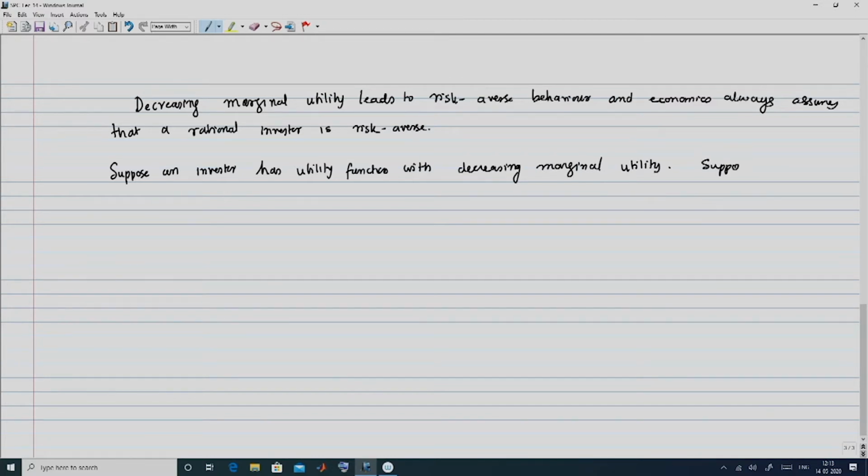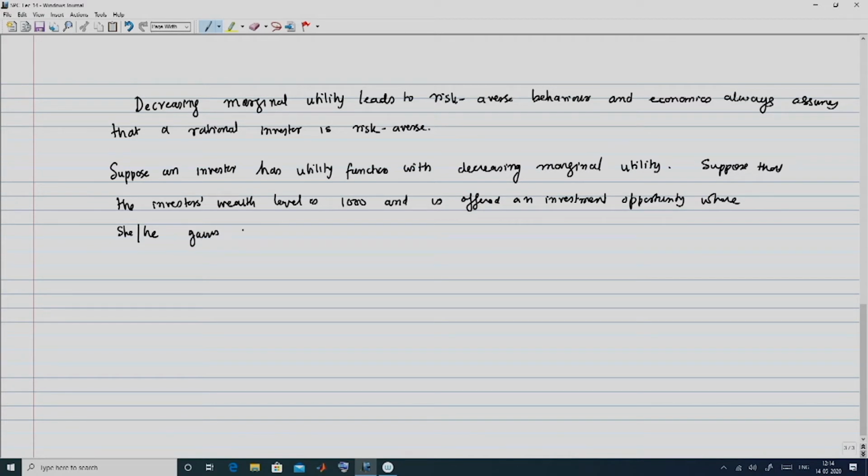Now, suppose that the investor's wealth level is 1000 and is offered an investment opportunity where the investor can gain an amount of 300, let me identify it with some z tilde, with probability half, or lose 300 with probability half. And now this investor is risk averse because I have said it is a decreasing marginal